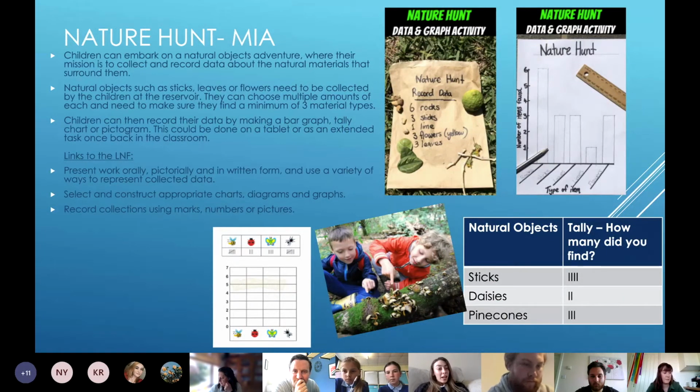Nature hunt. Children can embark on a natural objects adventure where their mission is to collect and record data about the natural materials that surround them. Natural objects such as sticks, leaves or flowers need to be collected by the children at the reservoir. They can choose multiple amounts of each and need to make sure that they find a minimum of 3 different